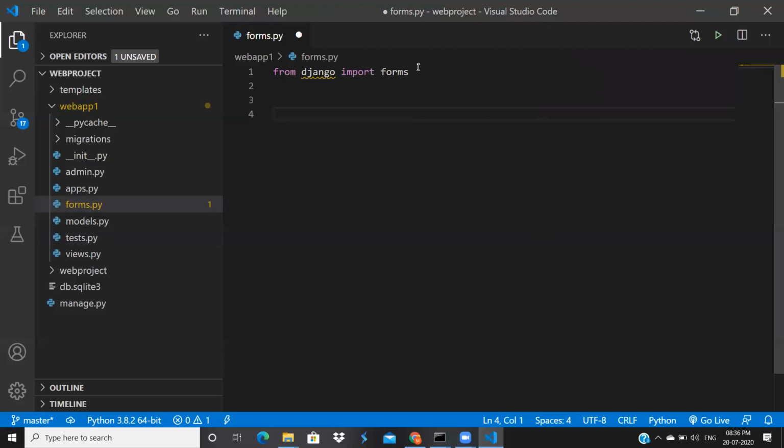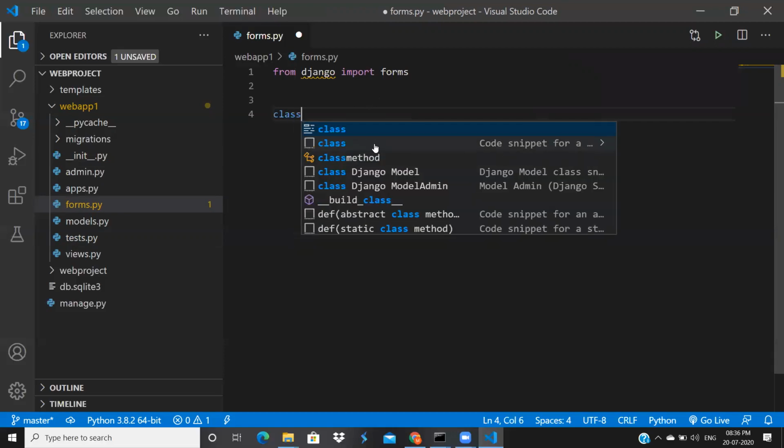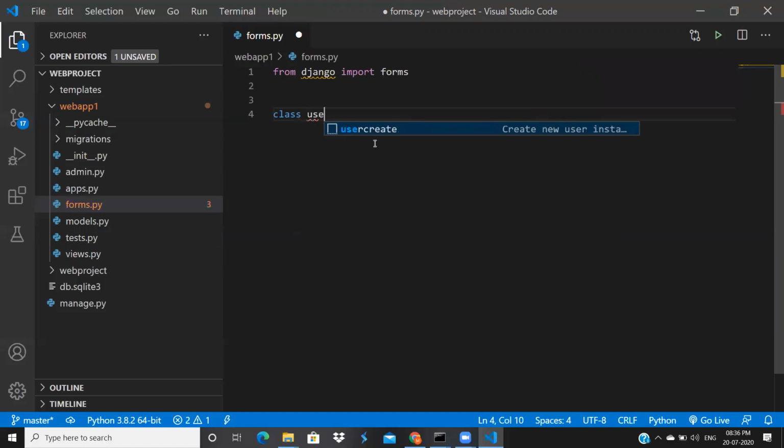In the same way as we deal with models, we will create one class. Suppose we want to collect user data, so I'm naming it UserDataForm.